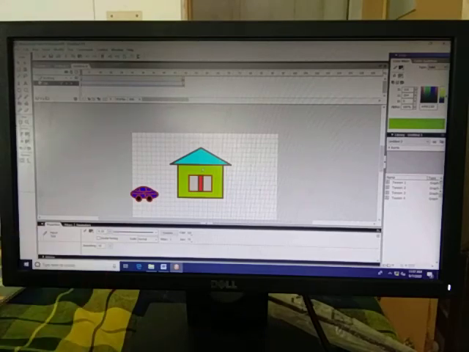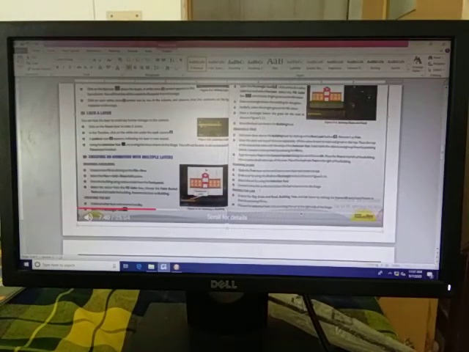So that's all in this video, and in the next video I am going to explain how to create animation with multiple layers, how to make layering, and how to create a moving car. So my dear students, we will meet in the next video. This is the first part of this chapter, and we will meet in the next part of the chapter. So thank you and Jai Hind.